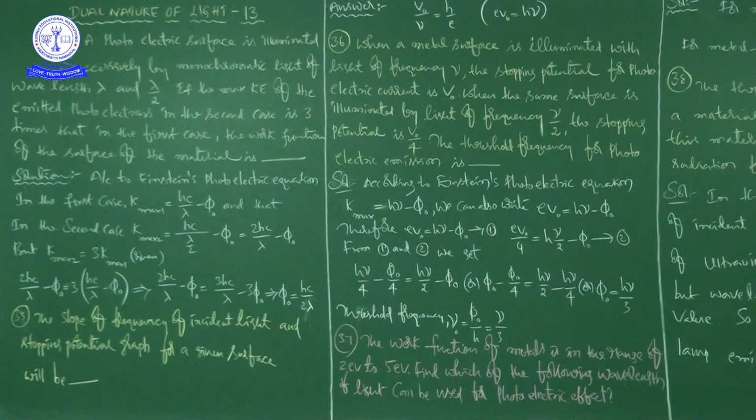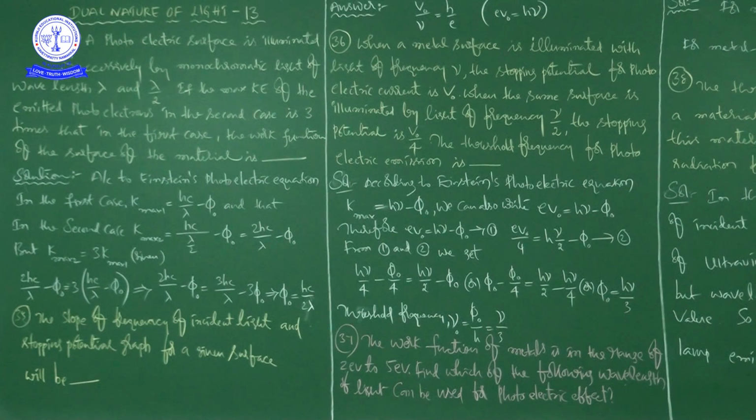In continuation to the last class, in this class we start with the 34th problem. See here, a photoelectric surface is illuminated successively by monochromatic light of wavelength lambda and lambda by 2. If the maximum kinetic energy of the emitted photoelectrons in the second case is 3 times that in the first case, the work function of the surface of the material is,